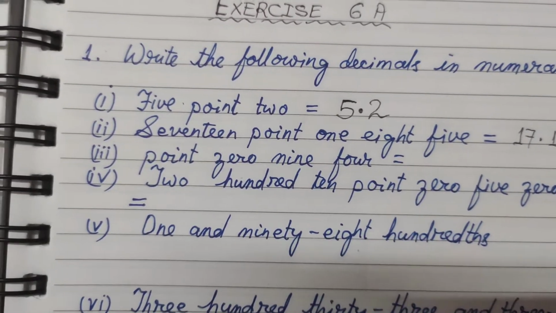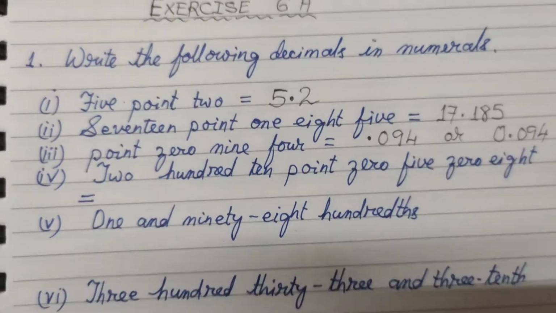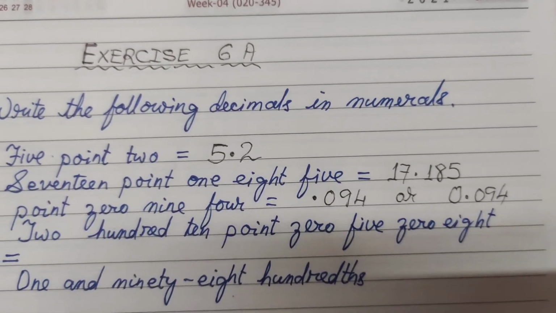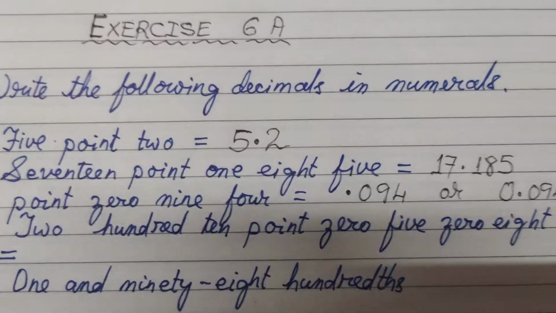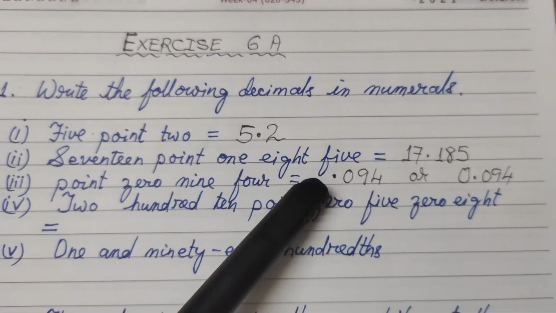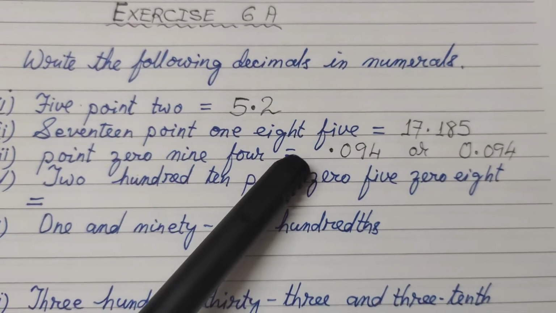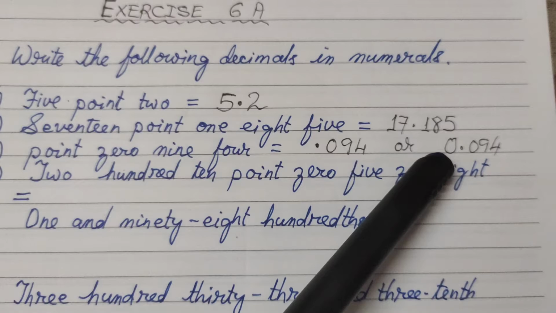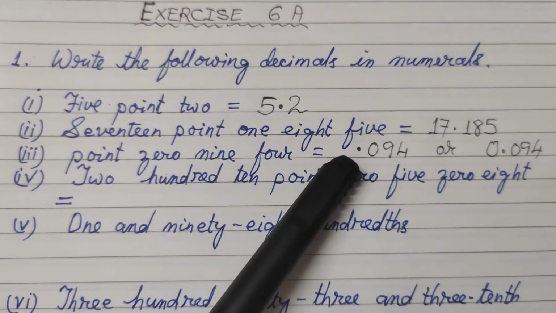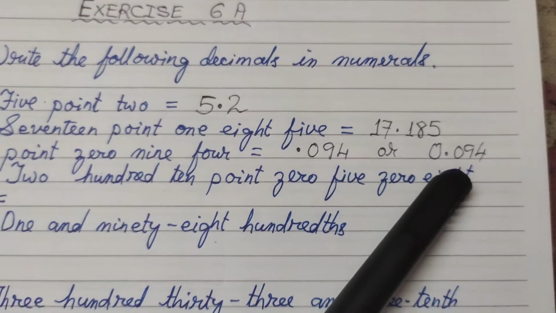Next one is 0.094. So this answer will be like this. Here it is. As the sentence reads, I have given over there 0.094. Or you can write it as .094. There's a practice of giving a 0 on the left side of the point if there is no whole number given. Okay, so we give 0.094.